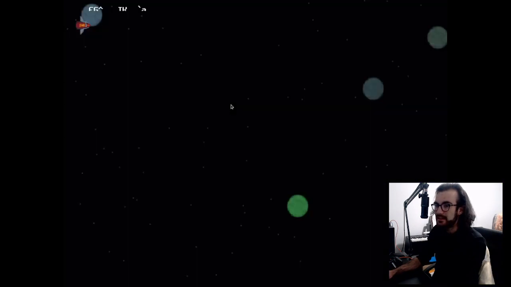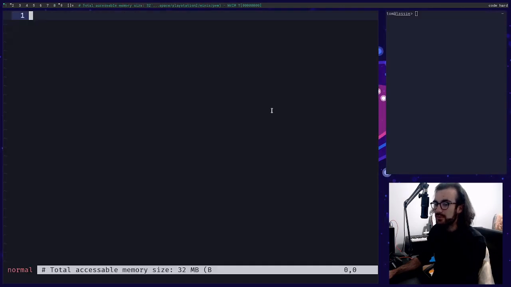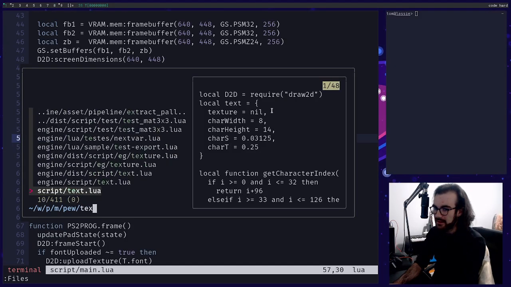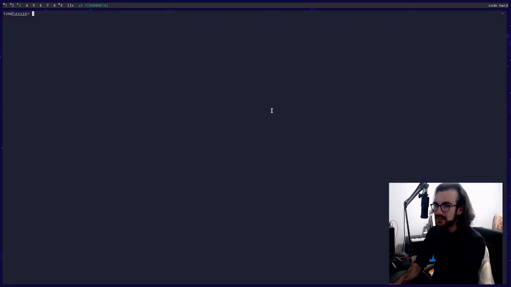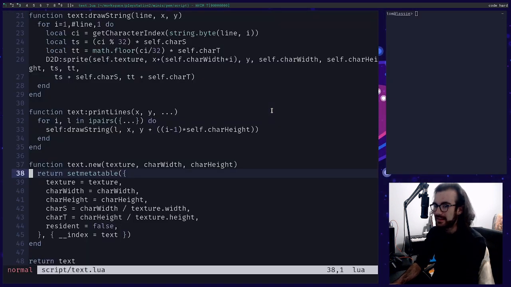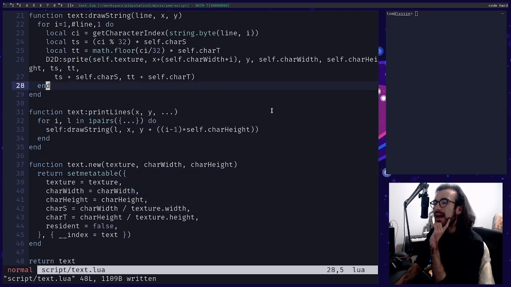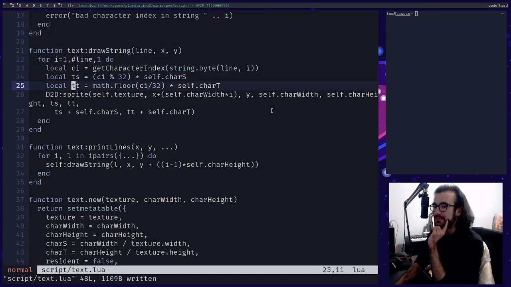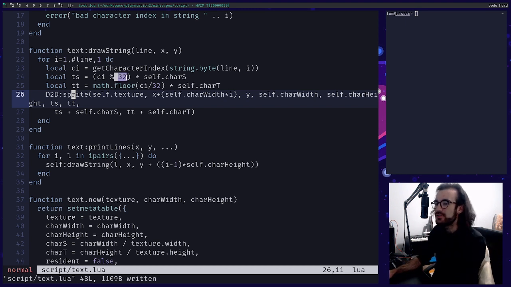Okay, let's see. Also not quite there. Let's check in text now for the culprit. Okay, we don't have globally defined text. That's okay. So car-s, car-wit. But how does it know when to wrap, right? This is what I want to know. X plus soft car-s and car-height. How does it know how many? It just assumes 32 characters per line.